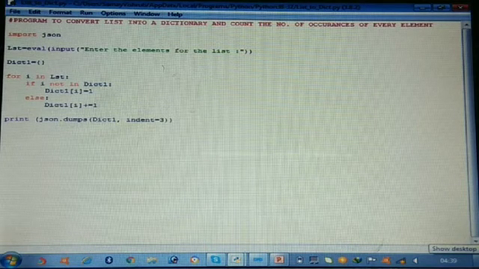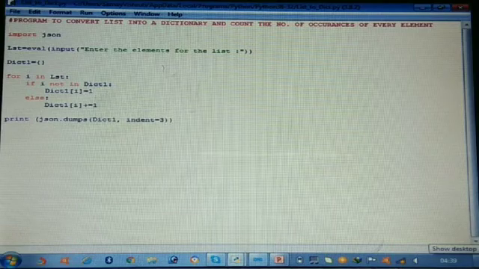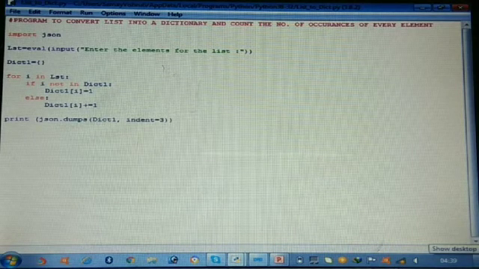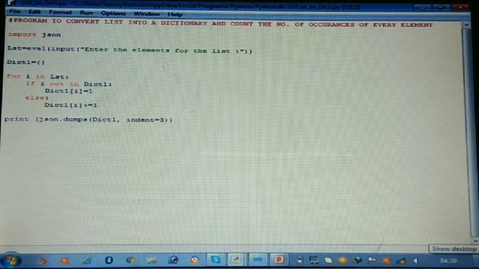Now first of all, we have imported the JSON library. As you know, the JSON library is going to do pretty printing of our dictionary. That means our dictionary will become more readable to us. So first of all, we have got the user input of a list, and then we have taken an empty